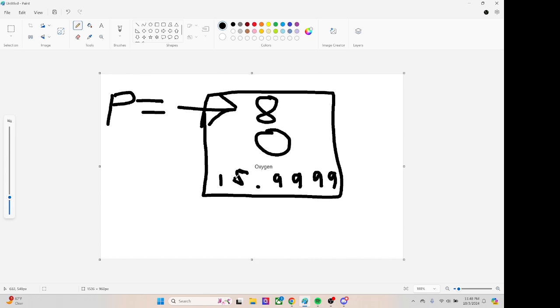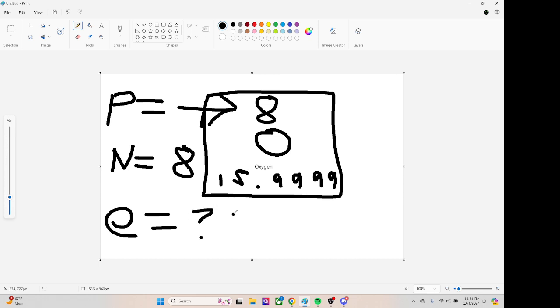The number of neutrons has to also be 8. But we don't know what the number of electrons is, because there could be a variety of them. I don't know what the abundance of it is, but an isotope